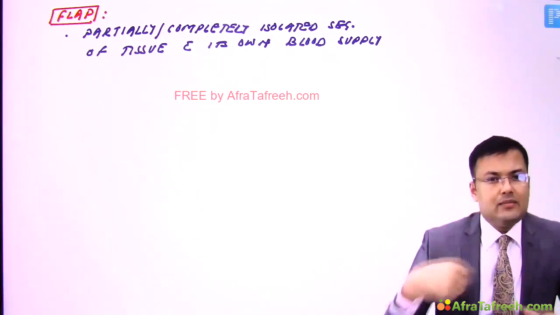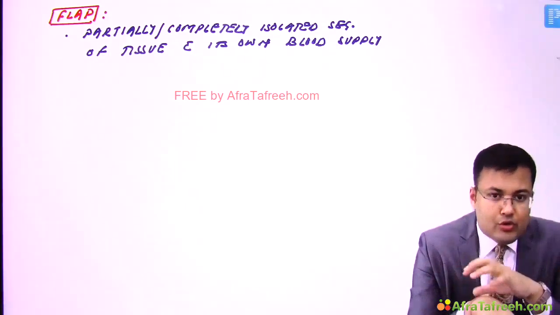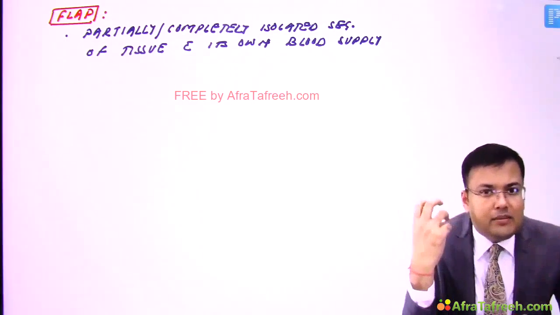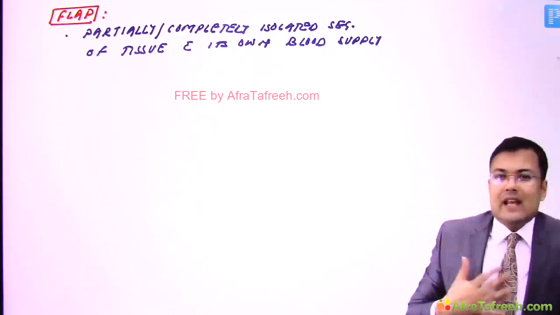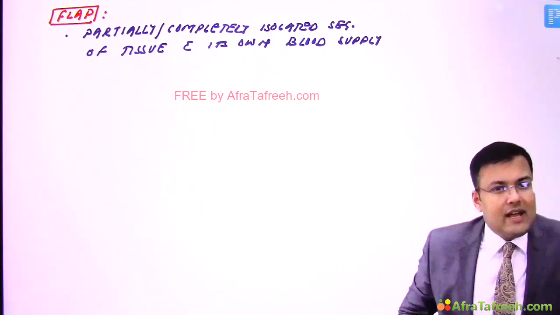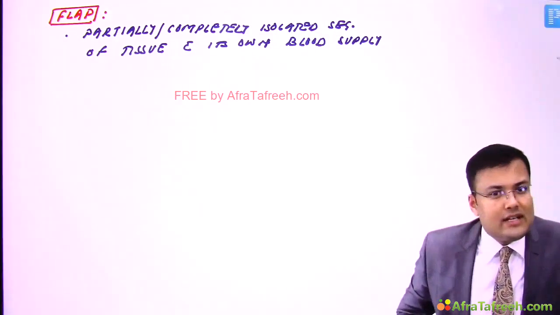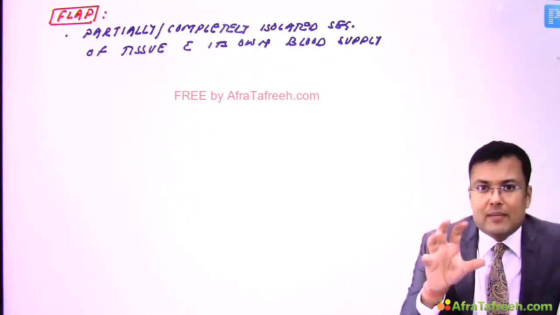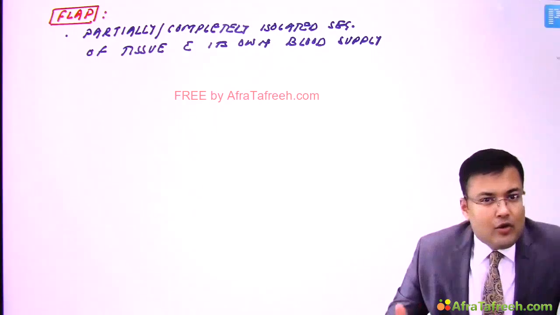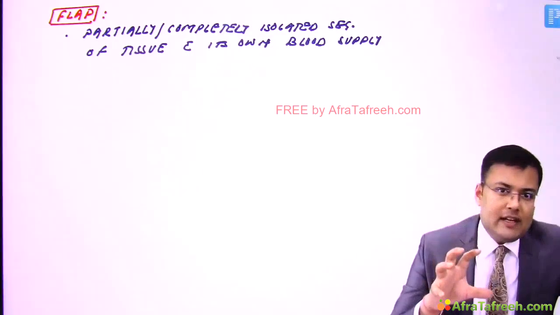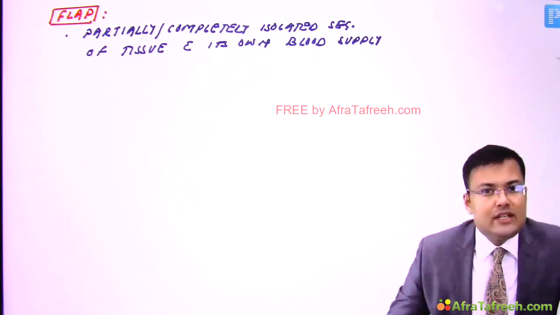Sometimes when the joint is exposed, we are going to cover that joint with flap. If there is exposed brain, we have to cover the brain. If there is an irradiated field, in that case also we use flap. Patients having pressure sore, and generally at what sites? At bony prominences. At those sites also we use flap. And if a patient has open joints, or we are using some kind of non-biological implants, to cover those also we have to use flaps. So these are the absolute indications of the flap.